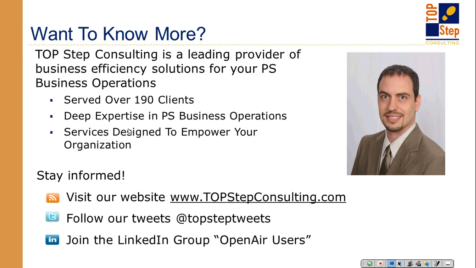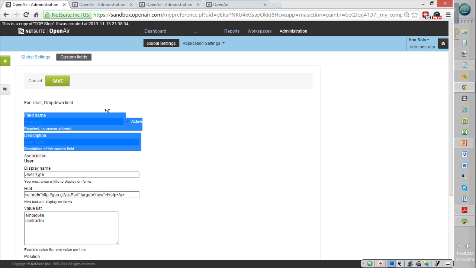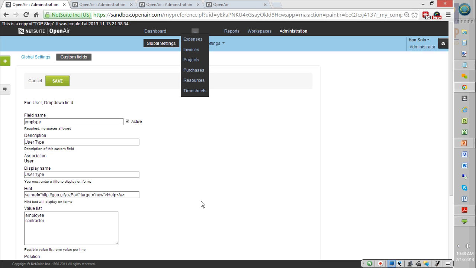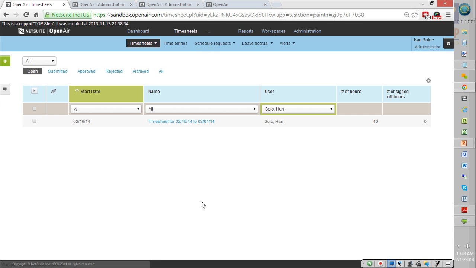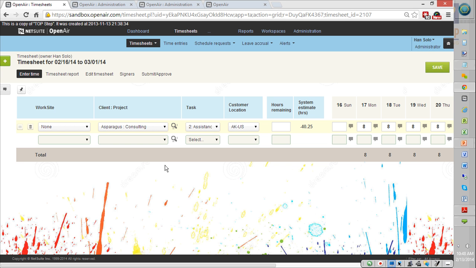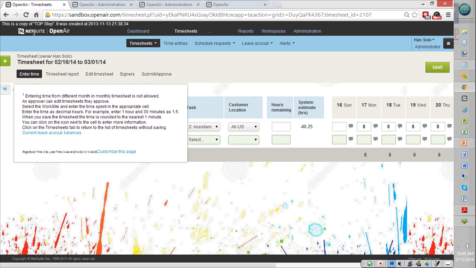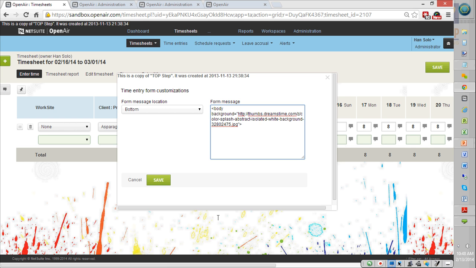And before I jump on this slide and open it for final questions, I'm going to show you one last little tip, just for fun. I've showed you the form message a lot. Here is a fun little workaround that I've done. On the enter time form, you can actually do it on any form throughout the system, but there's a message. You can't do form permissions here, but you can customize the page and just add a message. So all I've done is add a message, which is an HTML tag that just gives it a body background, which is kind of fun. So that's just a little bonus